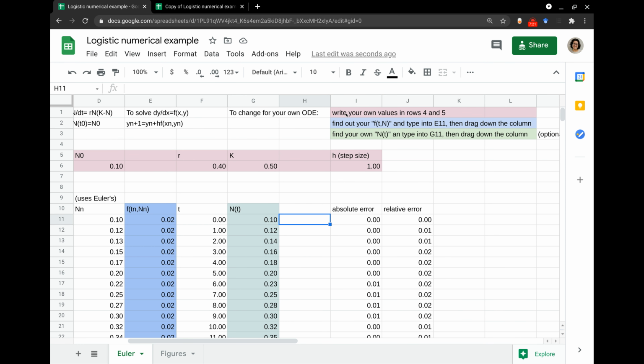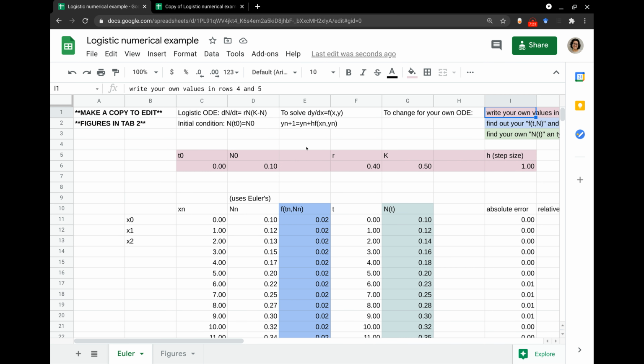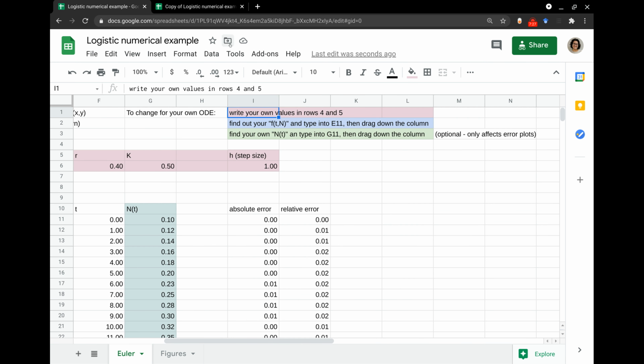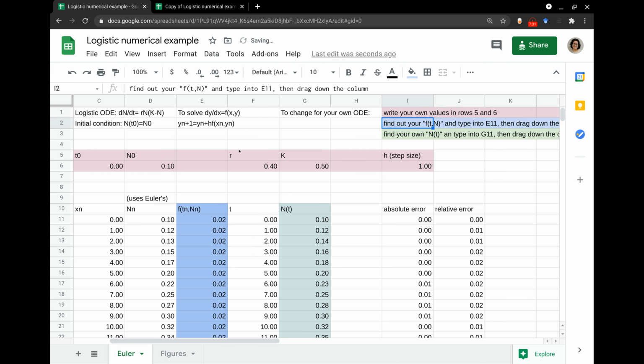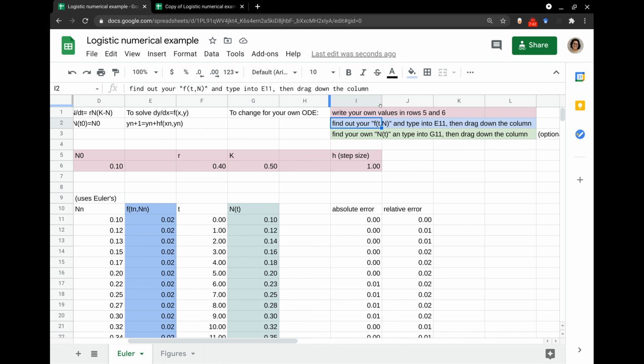When you're doing your project, what you're going to do is right here in rows 5 and 6, I guess, that I've highlighted in red, that's where you're going to put in your own values. So you'll have a different differential equation, different initial conditions and different parameters that you plug in. And then in